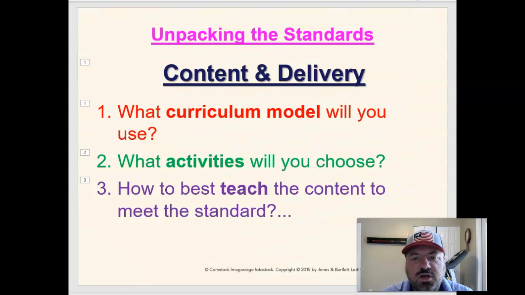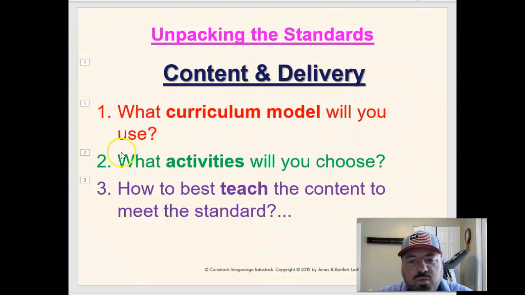So you'll have to look when you're unpacking the standards, once you determine what content you're going to use, what curriculum, main theme, instructional model, it can be called all of those different things, you'll use to teach that specific lesson. And the best way is to vary your approach. You may have a go-to approach, but you should vary your approach. When you've already taught tennis and you're teaching badminton or volleyball later, you could use the teaching games for understanding model when you start talking about strategy, even if that's not your overarching model throughout the whole unit.